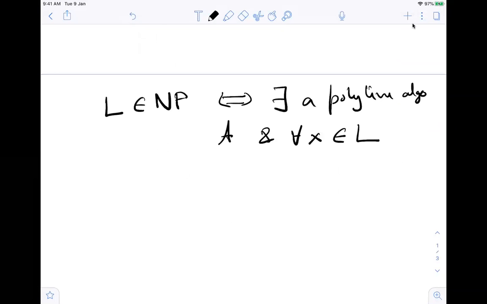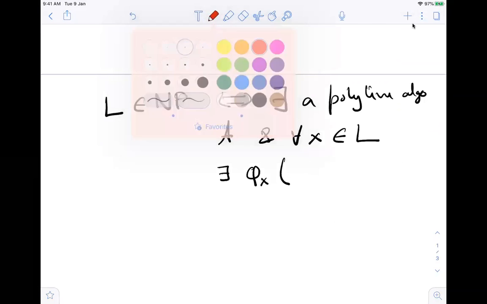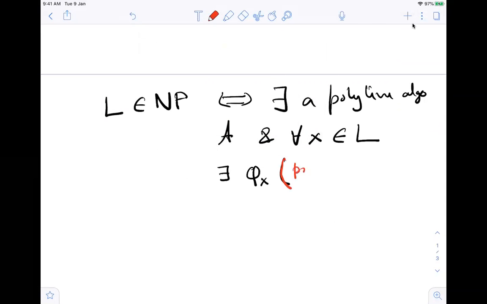For all X in L, there exists a phi of X. You can think of this as a proof, a witness, such that